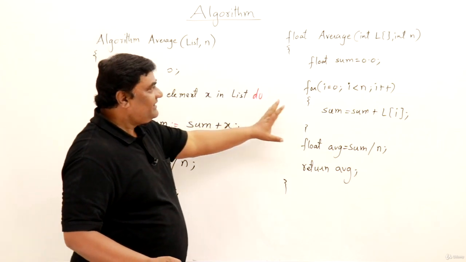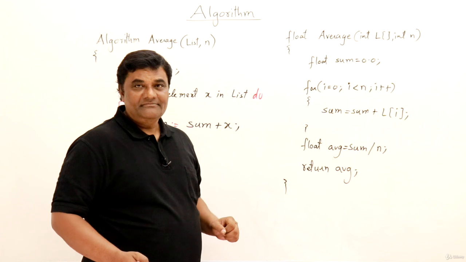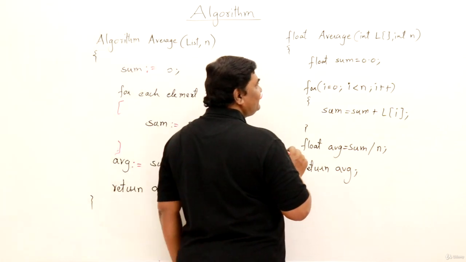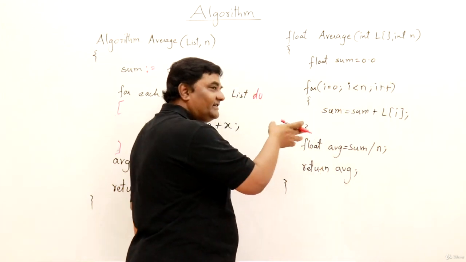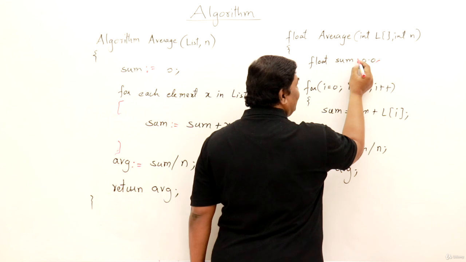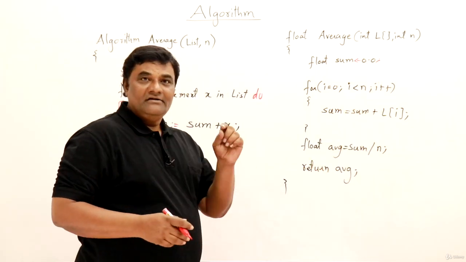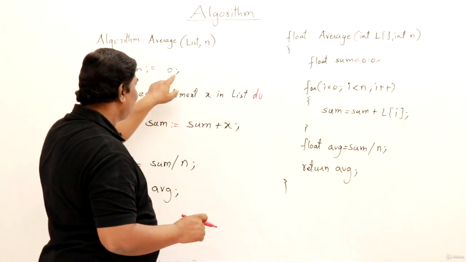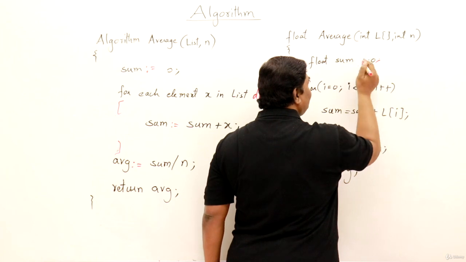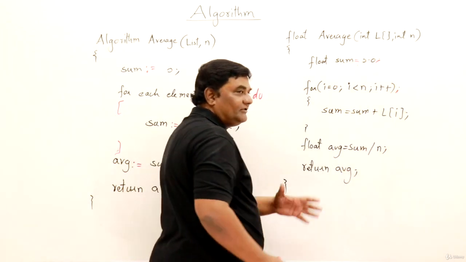Now the same thing, finding the average of a list of elements, is a C++ program. It's a function, not a complete program. Inside this, if I don't give a semicolon, it's an error. And instead of assignment, if I write less than and hyphen, it's wrong. The compiler says, what is this? If you want to store the value here, you must use the equal to symbol, and that is called assignment. You must write like this. Wherever you like, if you write a semicolon, it will not work.